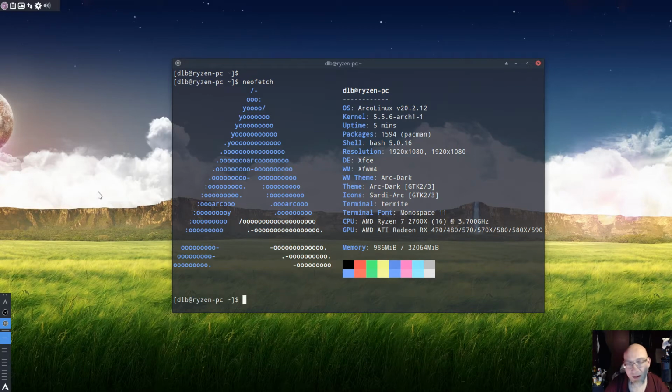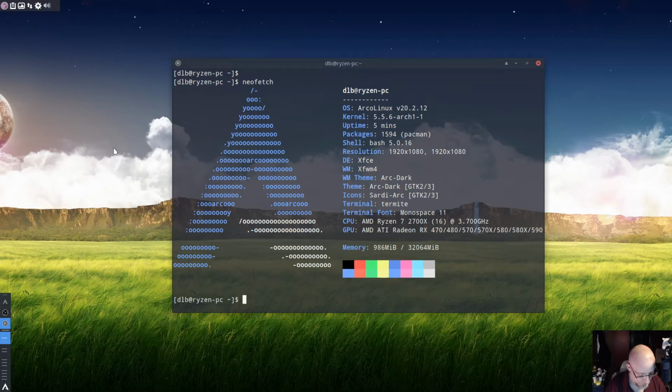So anyway, I've done a little bit of customization on this thing. Again, I went with Arco because I really like the philosophy behind Arco. One of the really cool things that I like about Arco is out of the box, I didn't have to configure this at all. Even in XFCE, dmenu is present, which I really got accustomed to and really liked in i3.